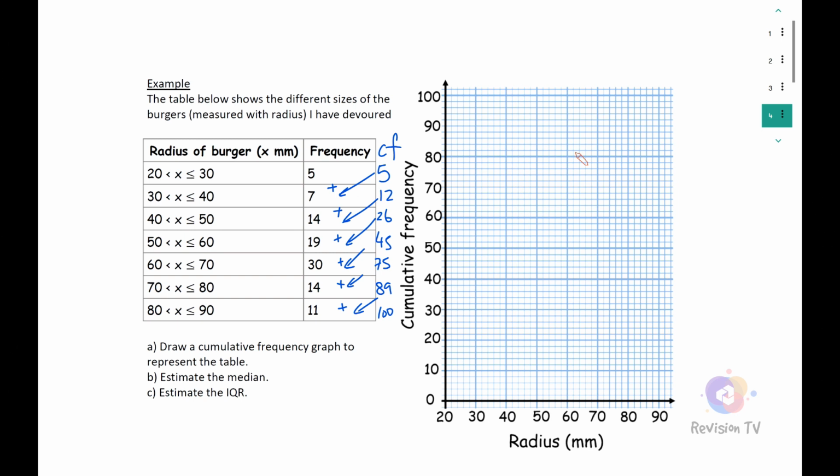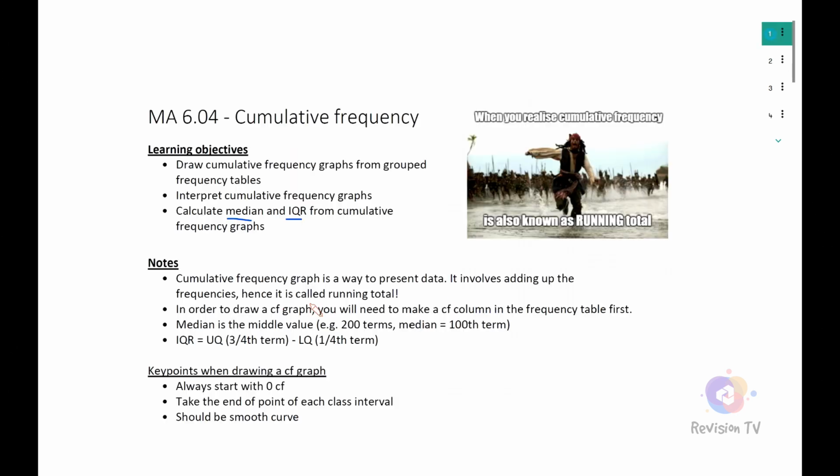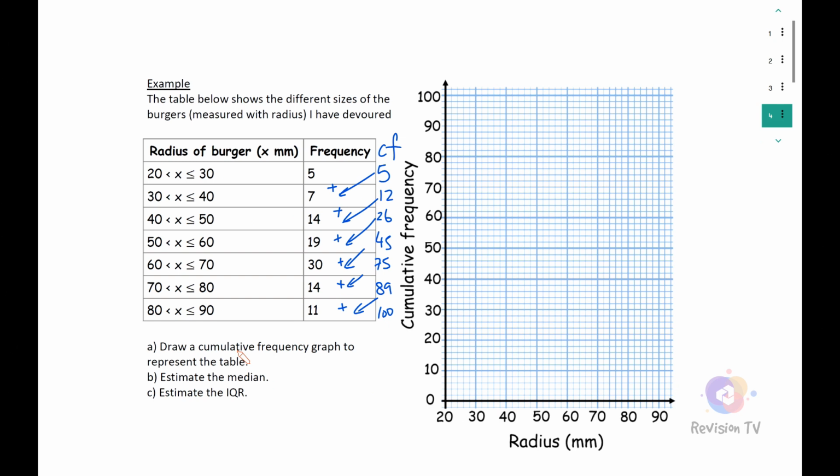Okay, right. To draw a cumulative frequency graph, the first point always starts from 0 cumulative frequency. So we'll do that, always start from 0. So we'll put a point on the 0. Okay. Next,